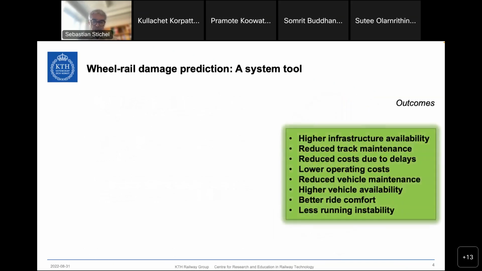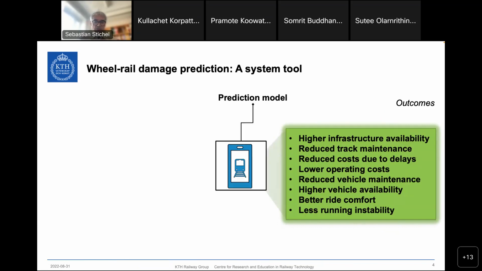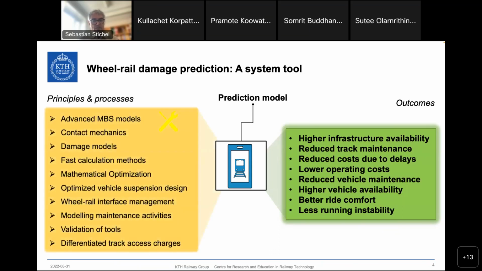So our aim is a little bit, as what has been said earlier by colleagues, to provide a tool, a framework for prediction of wheel or rail damage. And the overall goals are to achieve a higher infrastructure availability, reduce maintenance, the amount and the cost of maintenance, reduce costs due to delays, lower operating costs. Yeah, several things. To be able to do this, you need a prediction model, and such a framework we have